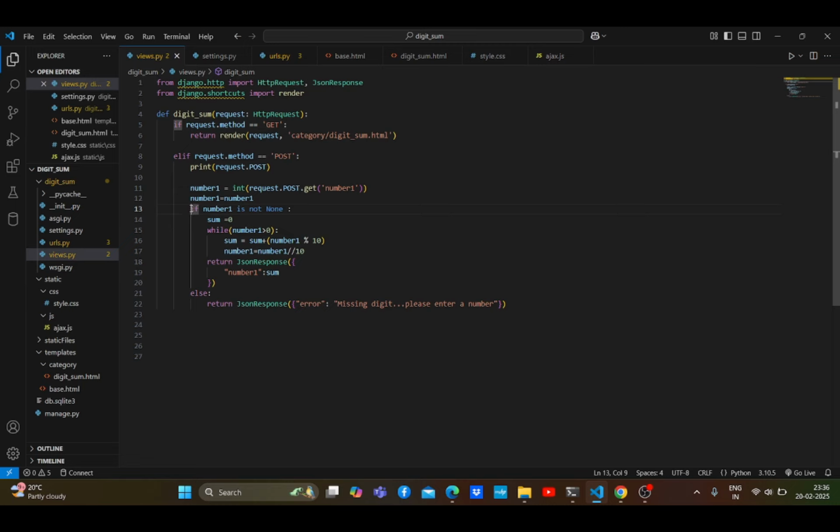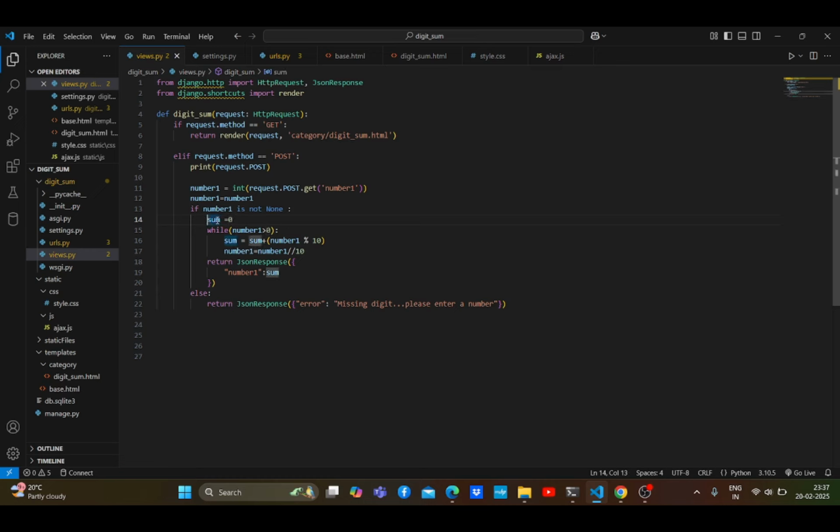So we check our condition: if number1 is not null, meaning if a value is given and a blank space is not detected, meaning the user typed some number, then